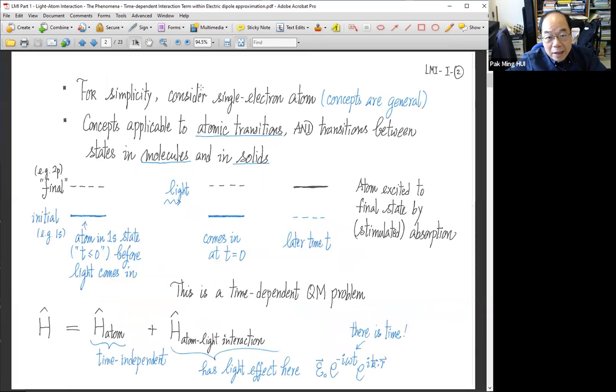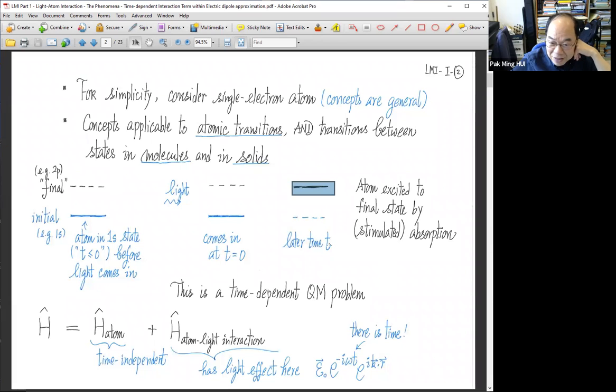So just some big picture. What we are going to study is something like this. I have an atom. The darker line is the state that the atom is in. So the atom is now in the 1s state at some negative time. But time equals 0 is the time that the light comes in, okay? It doesn't mean the birth of the universe, the Big Bang. No, it is just some arbitrary time. So before light comes in, it is in the ground state called 1s, the initial state. Light starts to come in at this time. At some later time, it may go up